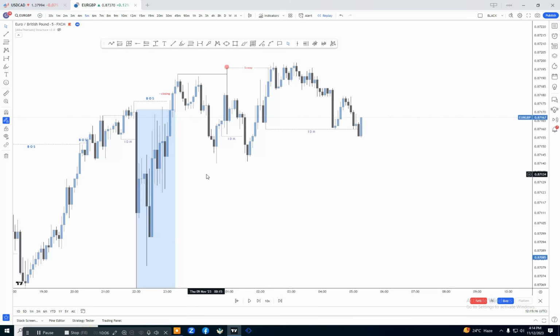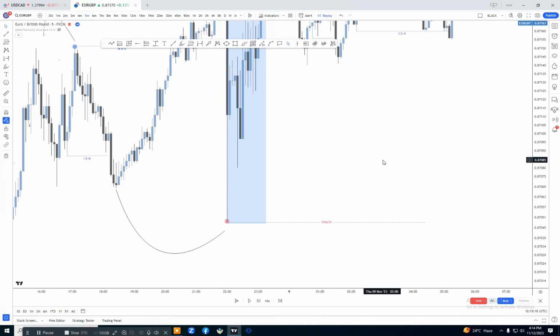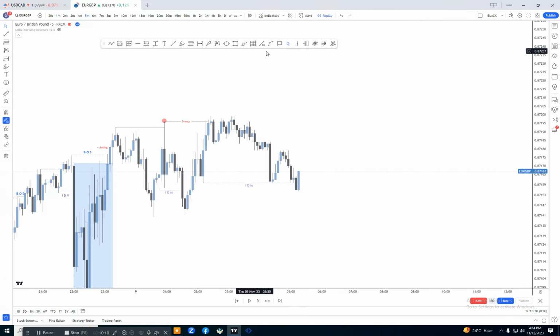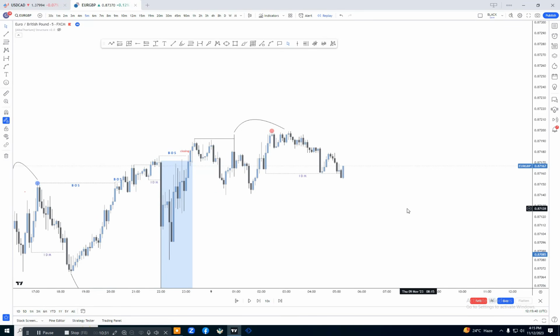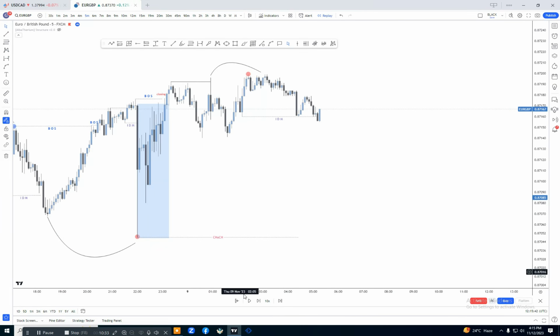As we have shifted our trend from this area to that area, we will simply follow our rules. Here we again shift our higher high to that high. Simply, this high will be shifted to that area and this inducement will be shifted to that area. Now this whole move again will act like a single leg move.